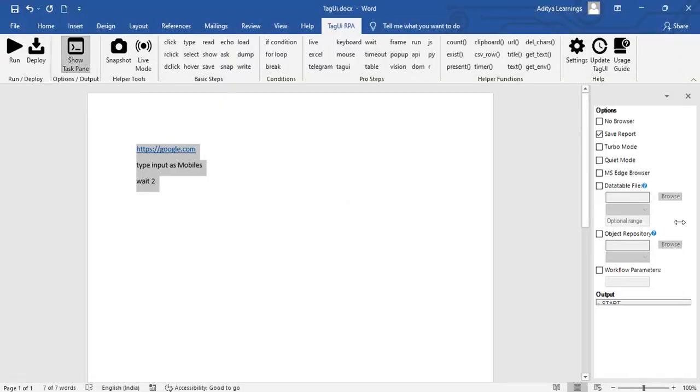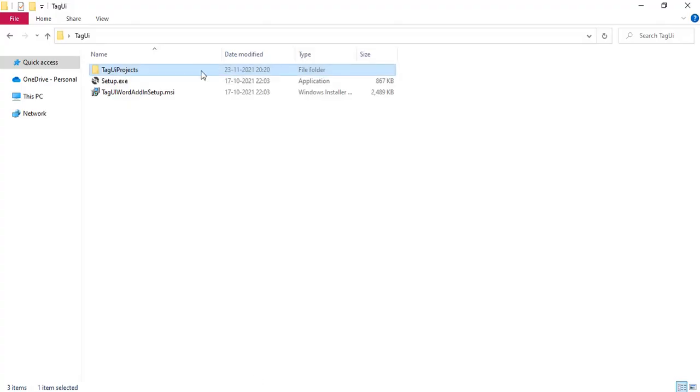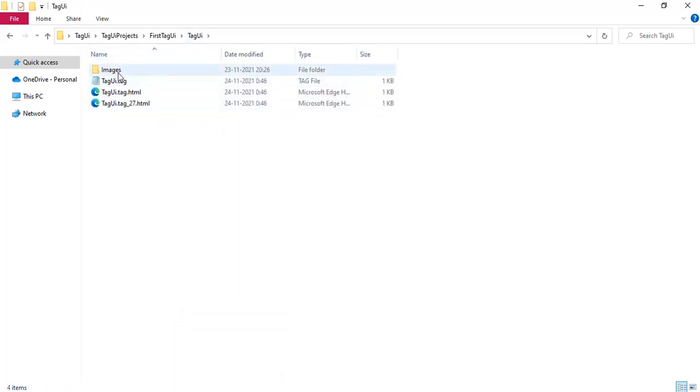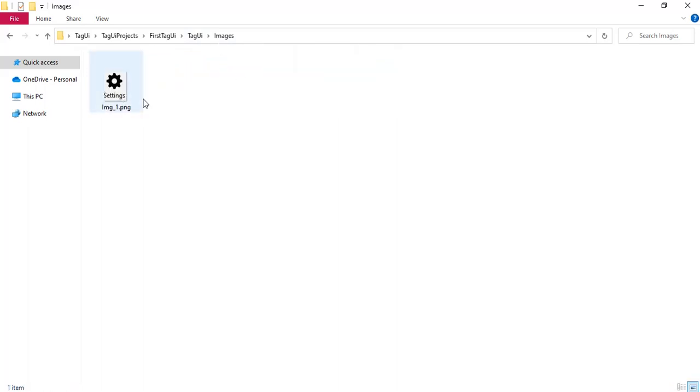And here we opted for saving a report. When you create this document and store it in a project, let's say I have this first TagUI project, and this is the document that I am using now. And in this folder I have images, right? Images is a folder which is already created there.